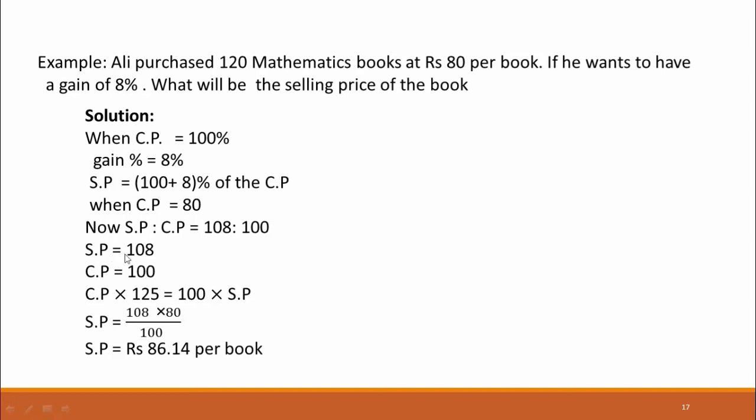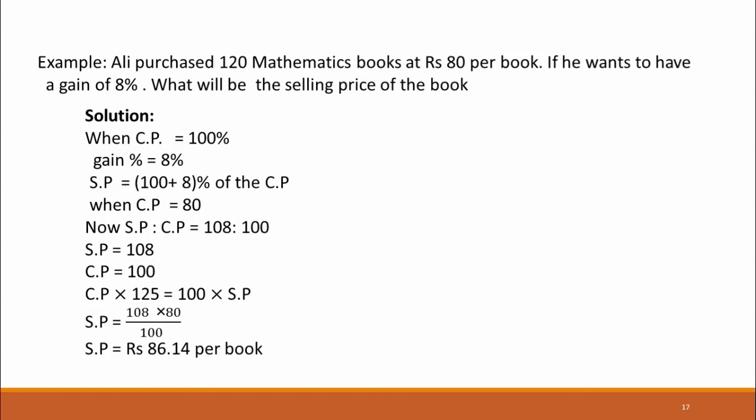Since selling price is 108, the cost price is 100. And now the selling price is equal to 108 multiplied by 80 divided by 100. So the selling price after simplification we obtain 86.50